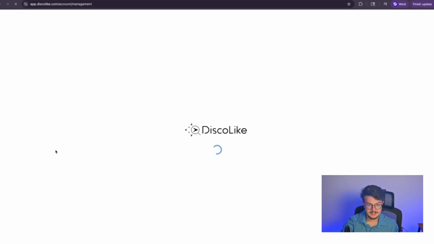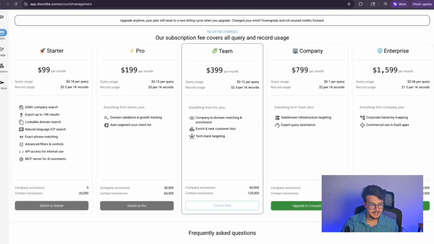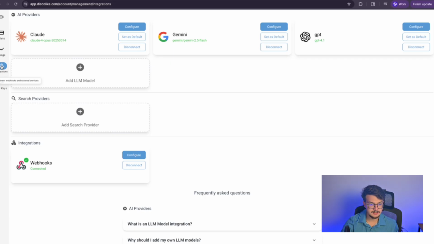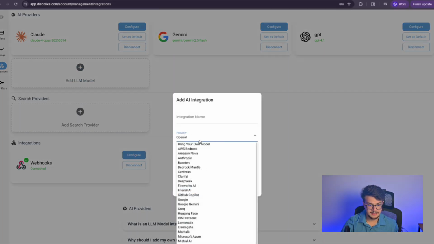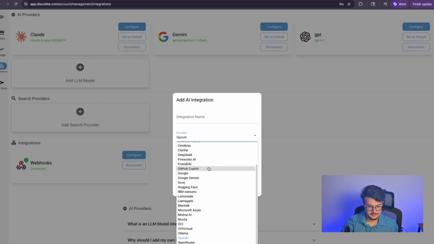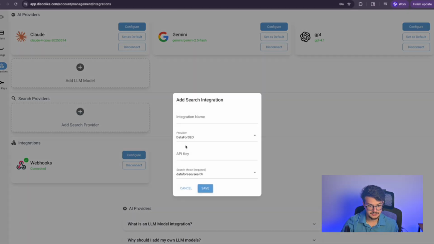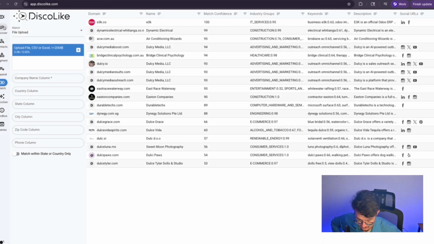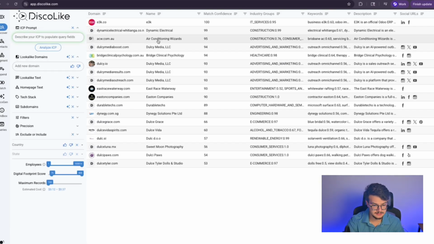Okay. In the settings, nothing too fancy here. You can see your plan, your usage, and your usage actually comes in. You see the exact amount of records you return, how much you're spending, and then what's left on your plan, right? Your API number of requests and all that. Your integrations here, you then can also add in all types of LLMs that are all available from this list that you can see here. You can add search providers, anything that's based on this list here, and then webhooks and API. So very cool, and it's super integratable. So if you guys use any MCPs or things like that, it's easy to implement.